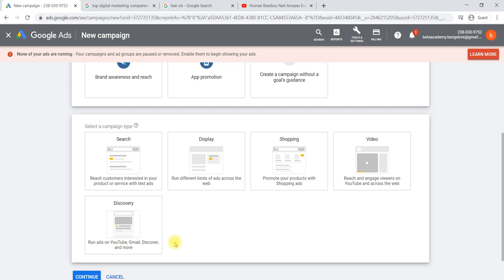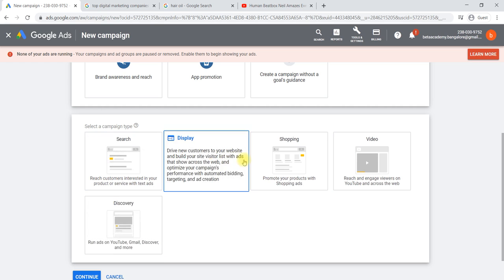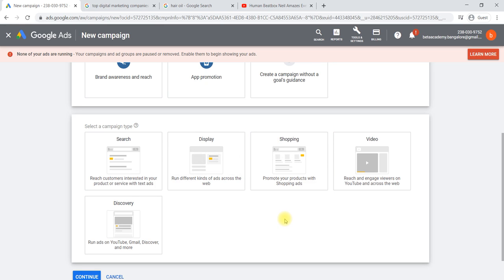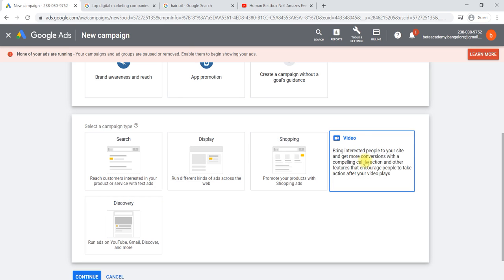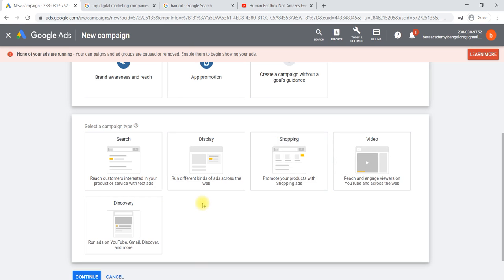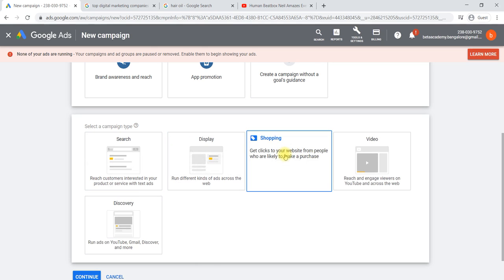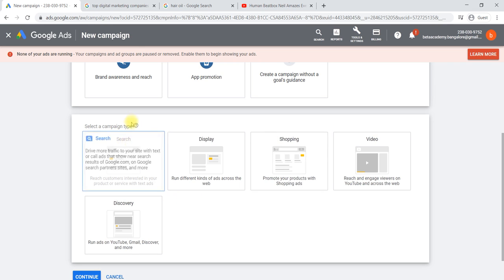Okay, so based on your requirement, if you have a video to show, then you select a video ad. If you have only a website to be reached, then you can select a search ad. Okay, if you are planning to give the shopping ad, in the sense with the price and everything, then we'll select the shopping ad.